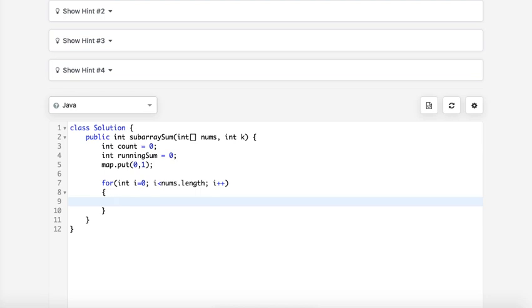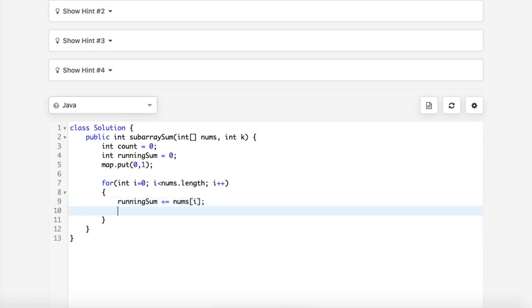And for every element I keep on updating the running sum. And now I'll check if this k is present, in the sense running sum minus k.